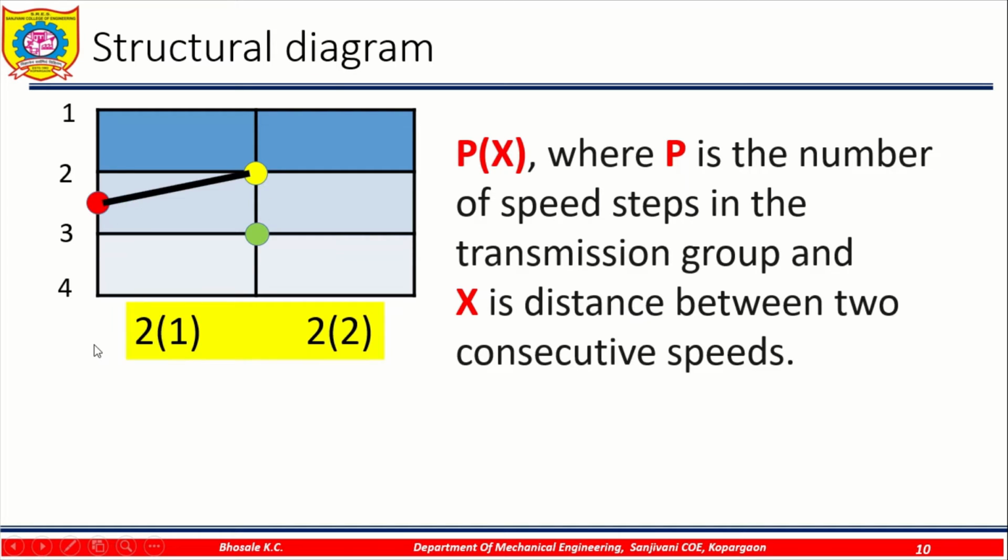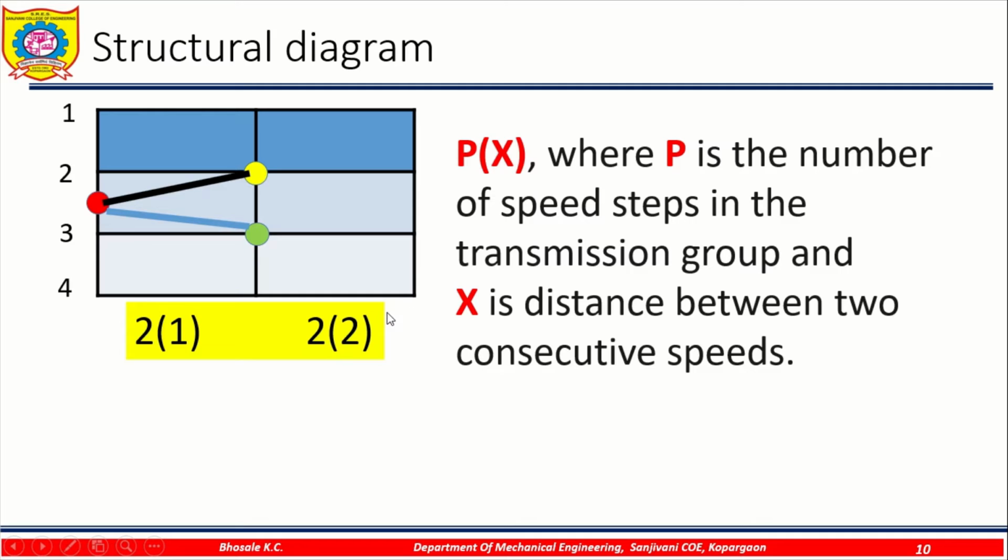Then we join them with lines. These lines indicate that there are two speed steps from the one input. It is a combination of a two gear hub on the input shaft and two fixed gears on the second shaft, by which we will get the two different spindle speeds. The 1 indicates that the gap between the two consecutive speeds will be 1. So likewise, for the first stage we can draw the structural diagram.